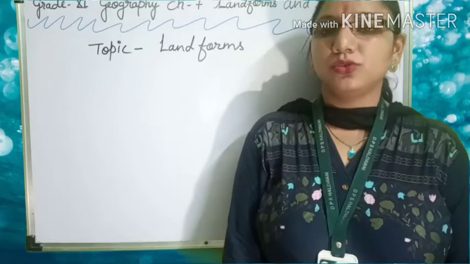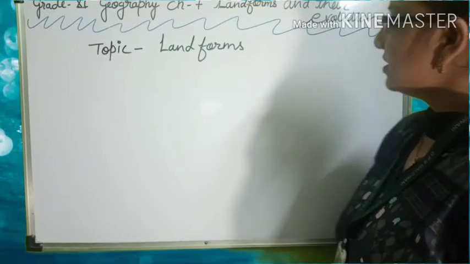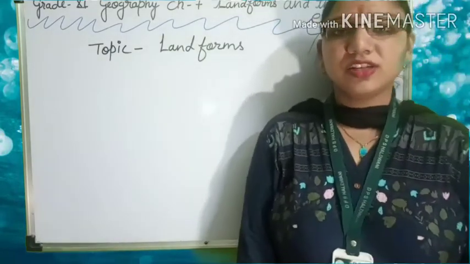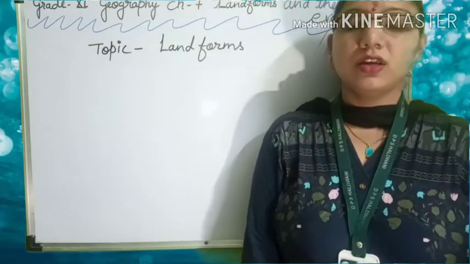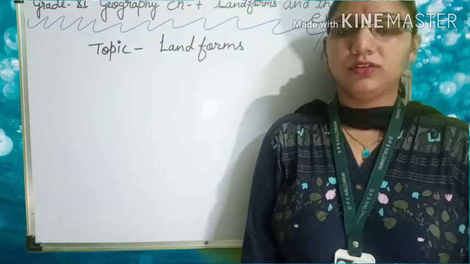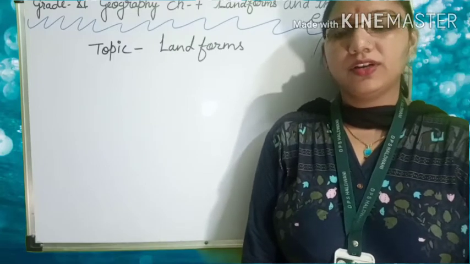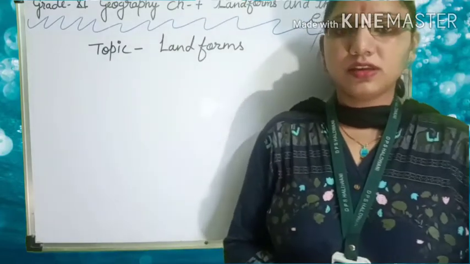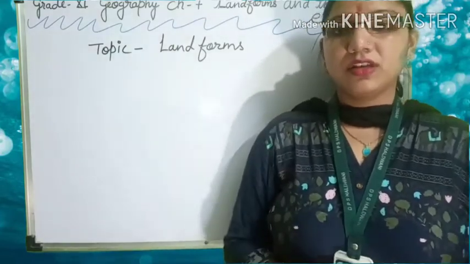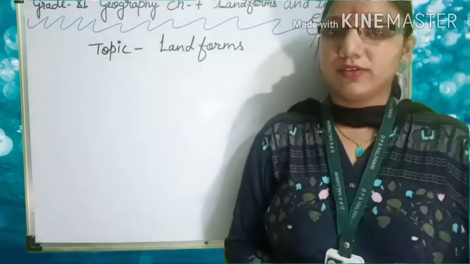So students, today we are going to start our 7th chapter in geography, first book, that is landforms and their evolution. Students, just before this video we have completed our 6th chapter, that is geomorphic processes, in which we have seen the weathering, how the weathering occurs, and what things are prepared by the weathering activities. So students, in that series, the weathering activity is also responsible for different types of landforms. So today our first topic will be